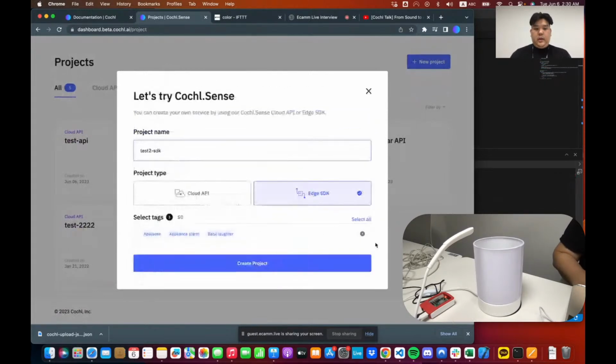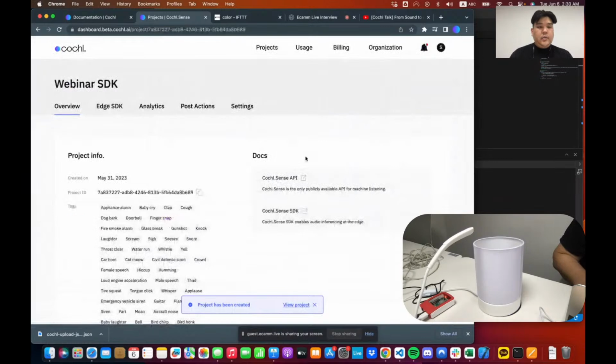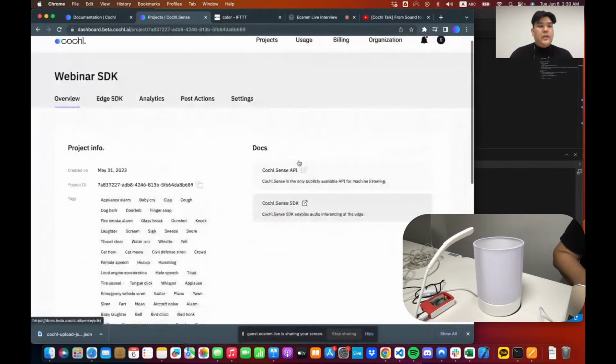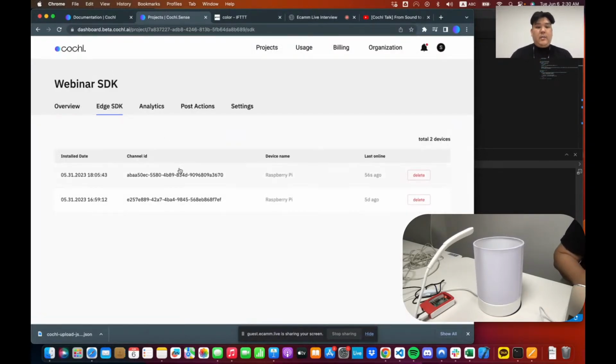And when you click it, you can create the project. Let's move on to the inside of the project pages. I really want to introduce how to use the post action section. Everyone knows how to use the analytics. In the Edge SDK tab, you can